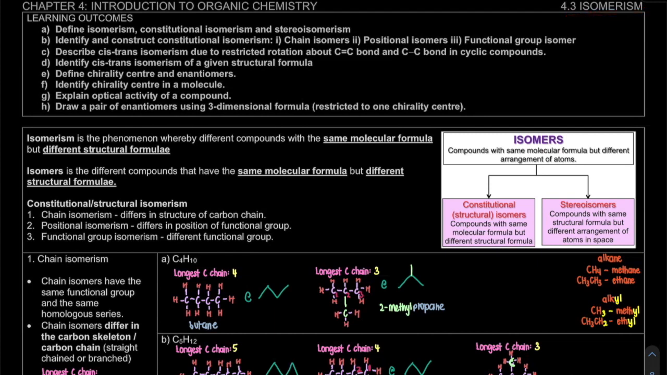In this video, we're going to define chirality center and enantiomer, identify the chirality center, explain optical activity of a compound, and draw a pair of enantiomers using 3D formula. Okay, so we have learned about stereoisomer. Previously, we have learned about cis trans, right? So in this video, we're going to look at the last type of isomer we're going to learn in this